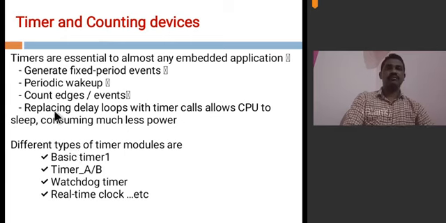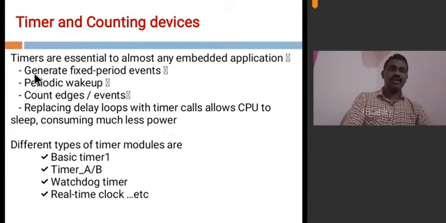And see here, why timers? Timers are essential to almost any embedded application to generate fixed period events, for generating fixed periodic events or periodic wake-ups, or counting edges or events, or replacing delay loops with timer calls, which allows the CPU to sleep, consuming less power.